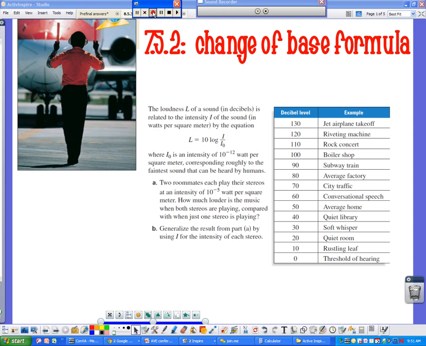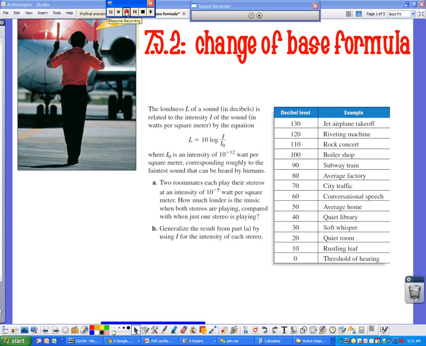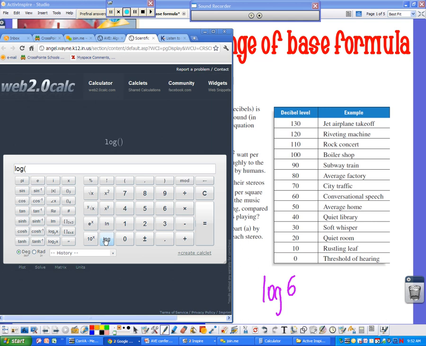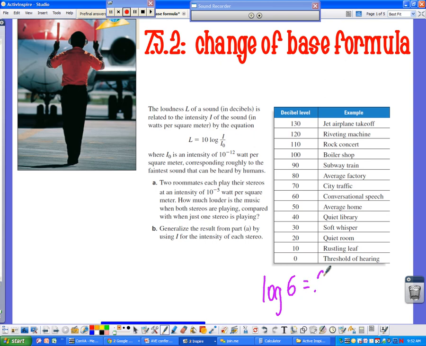All right, lesson 7.52 is the change of base formula. This is really going to be very, very important when you actually have to go through and evaluate logs. If you remember, when we're finding logs, let's say I wanted to do log of 6. All we had to do was type in the log button and then hit 6 and enter. And then it would calculate what that log is going to be. So this one, for example, is going to be 0.778. Okay? So on the change of base formula,